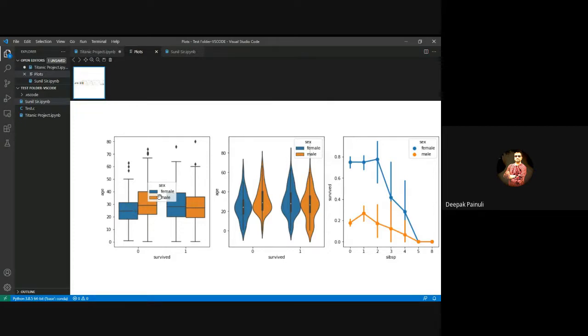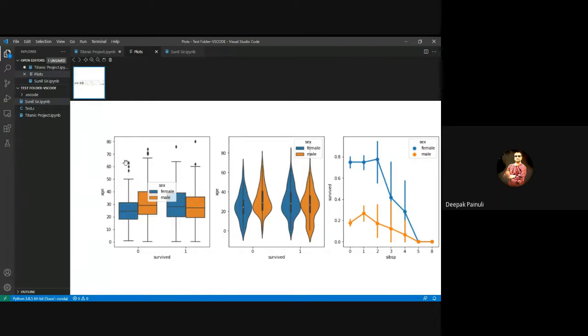The top surface of the box represents the third quartile of the data, and the bottom surface represents the first quartile of the data, meaning 25% of data is between 0 and 25.